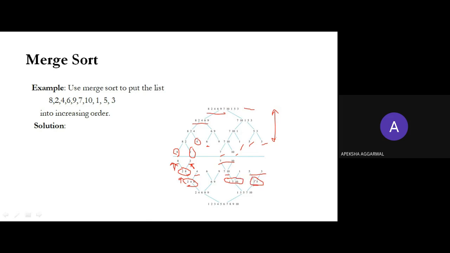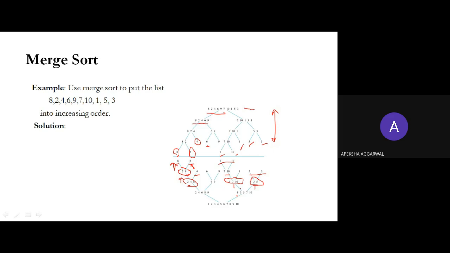Okay, so because of 3 and 5, you will first compare 8 and 3. So 3 was smaller, you have placed 3 over here. Sorry, this is 1. So you will compare 1 and 3. 1 was smaller, you have written 1 over here. You have slid your pointer to 7 and 3 was already there.